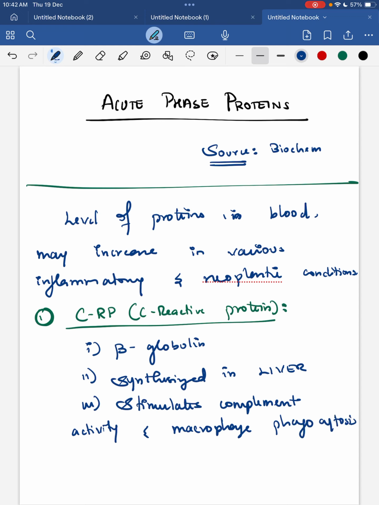So once your inflammation has subsided, the CRP will fall acutely. After that only your ESR will come down. Okay. So C-reactive protein is an acute phase protein which is a beta globulin synthesized in the liver, and it stimulates the complement activity and macrophage phagocytosis. Next,